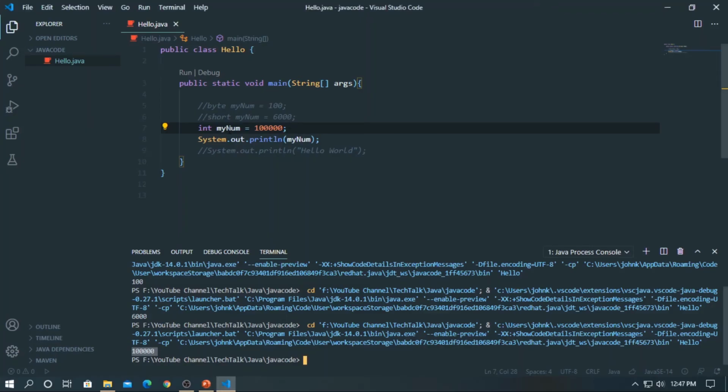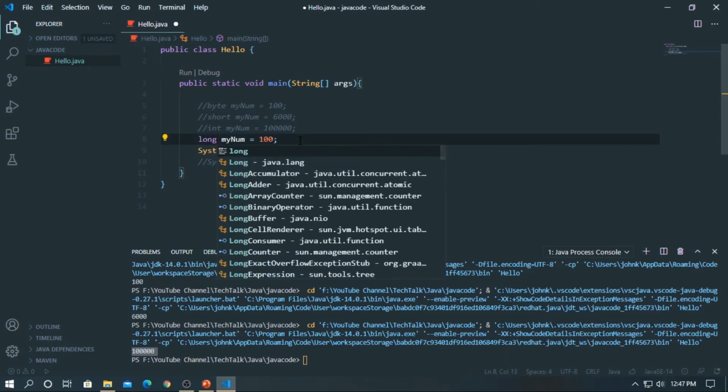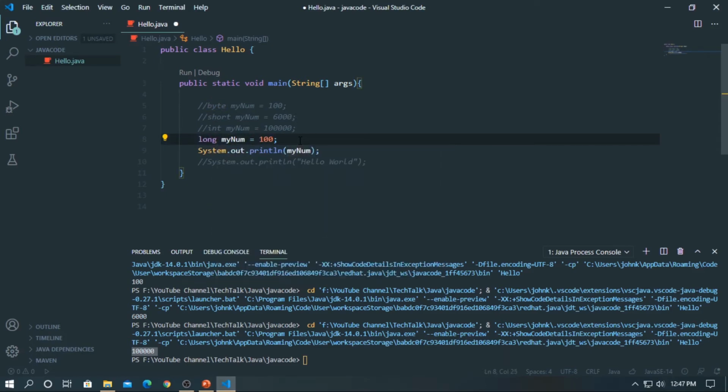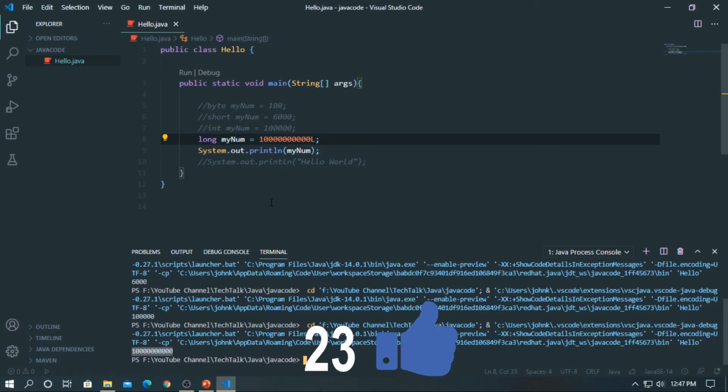Let's create a long value. This one is a long number.